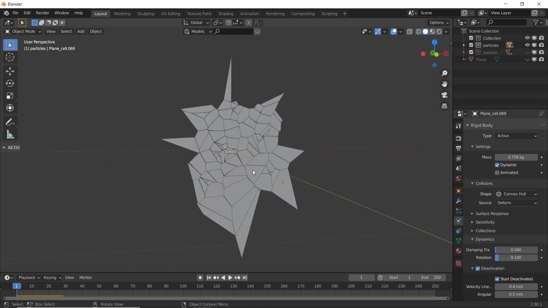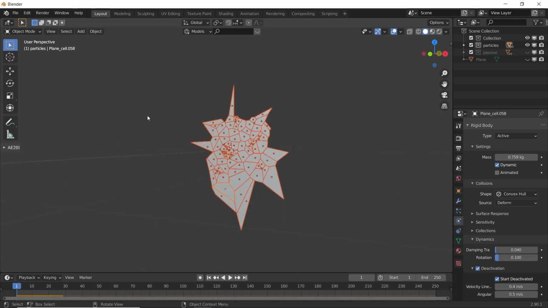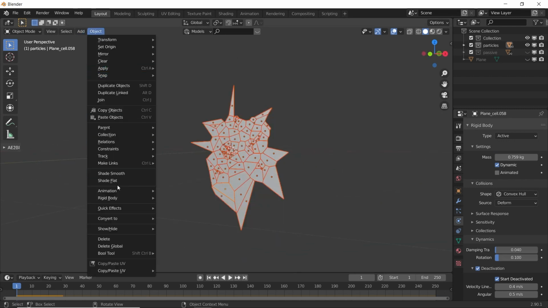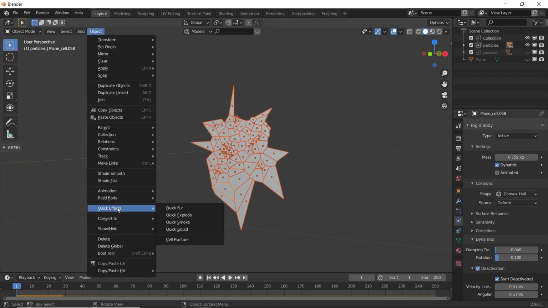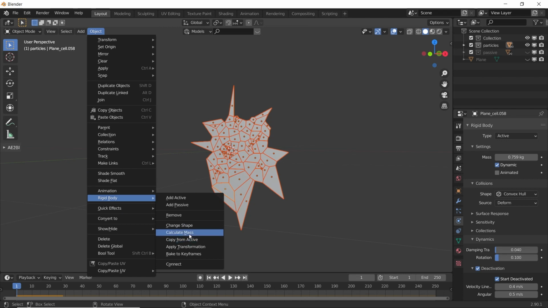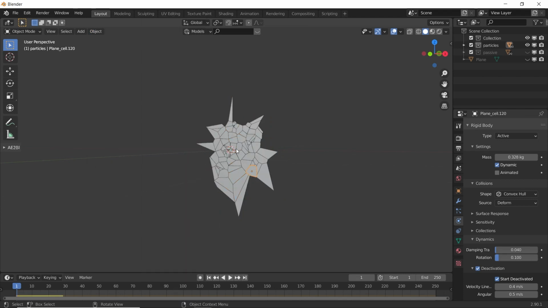Again, we have some issue here. These all have the same mass of 0.7 kg. So select them. Again, go to Object, Rigid Body, Calculate Mass. Glass broken. Okay, this looks nice.